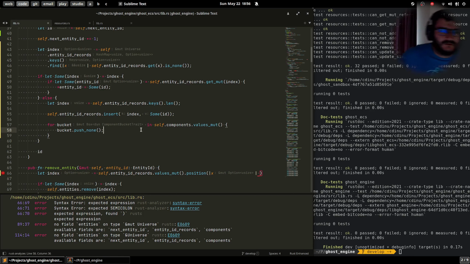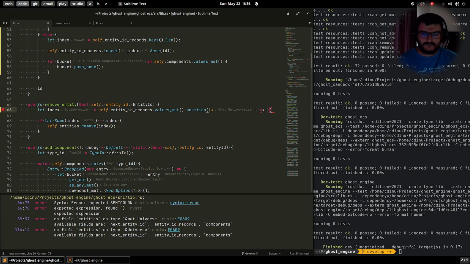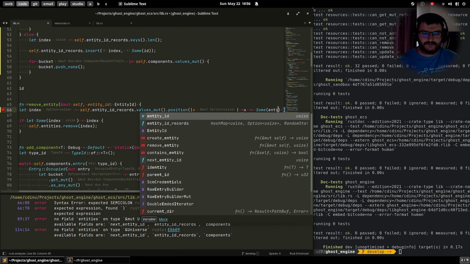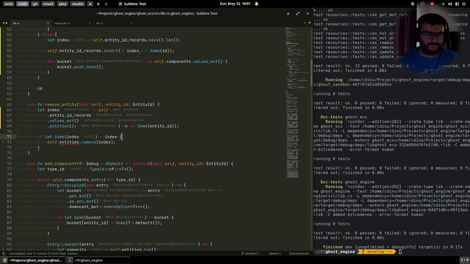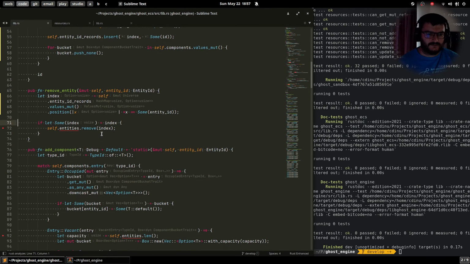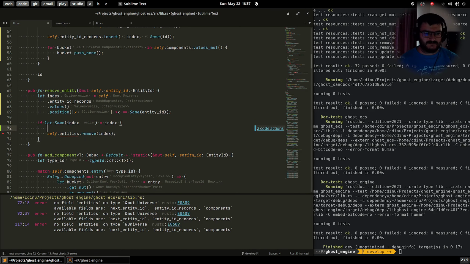Okay, so the catch here, when we remove an entity, and here we are checking that our x is equal to some entity ID, and yes, if we found an ID, if we found this index, when we found this index we will just go